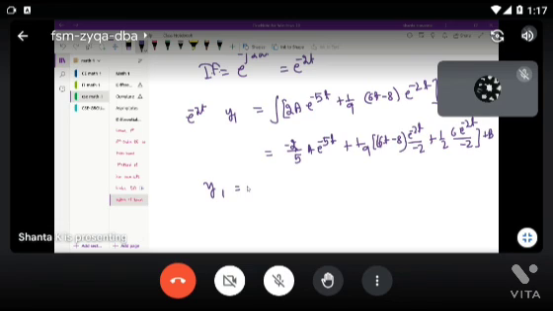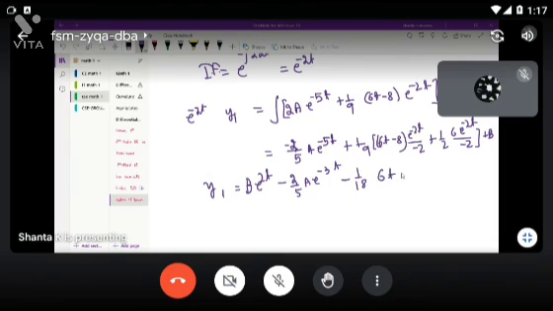So here minus 2 by 5. Let's write one more, B will be there. So b e power 2t minus 2 by 5 a e power, minus 1 by 8, 6t minus 5. Because here you simplify this one and you will be getting this